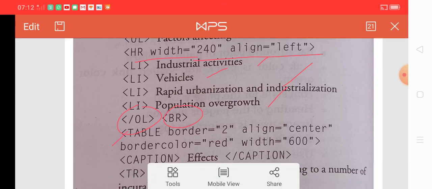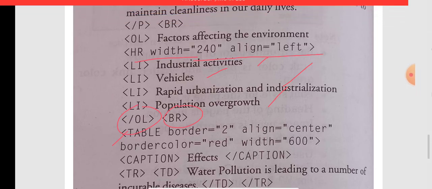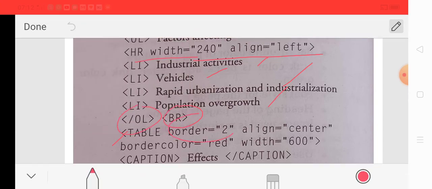It clearly indicates that the table border is 2. It is given in the question, so we take border equal to 2. We can clearly see that the table is center aligned, so we use align equal to center. Border color must be red, as given in the question, so we take the bordercolor attribute here.